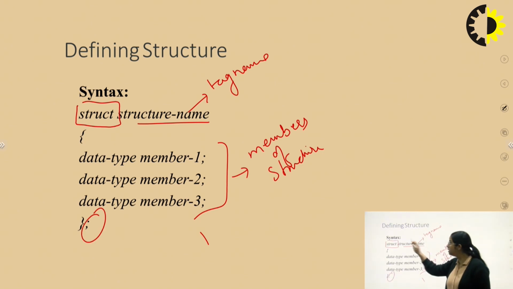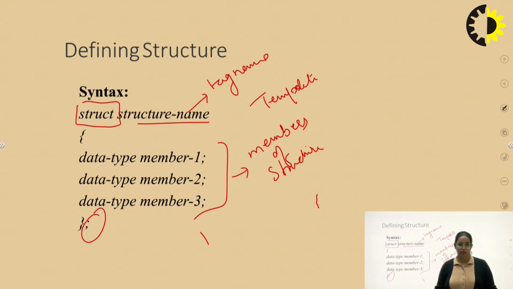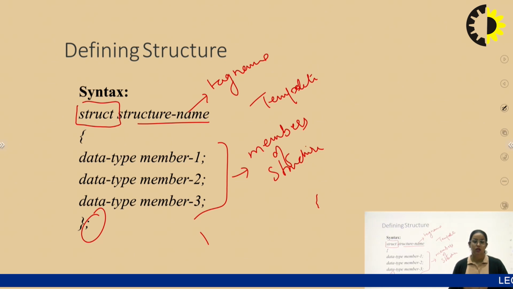This is the definition of the structure, which means this definition will not take any space in your memory. This is just a template, and a template does not take any memory space because it is only a definition.